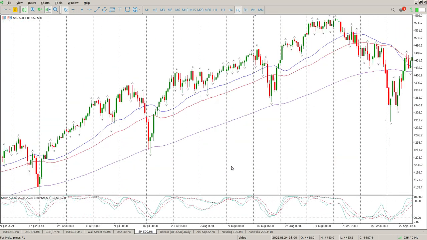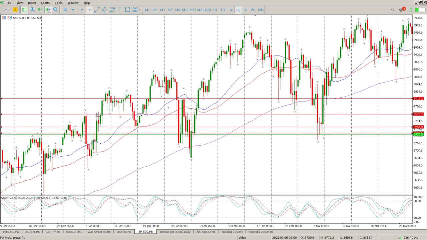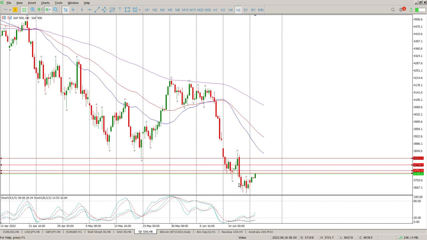I just want to look to the left to see what else is in between here. So we've got a little bit of structure here. See, there is a swing low there, and then the other one that would be of interest would be up there, somewhere in that zone. So that's the zone that we need to pay attention to, and we'll get to those levels now on the